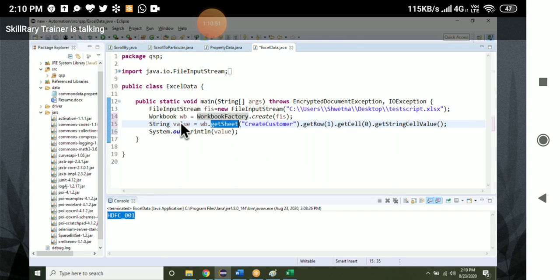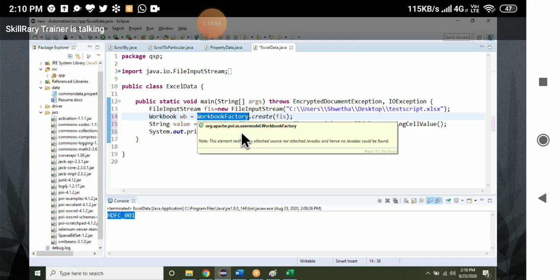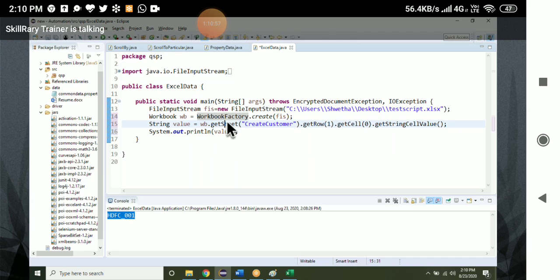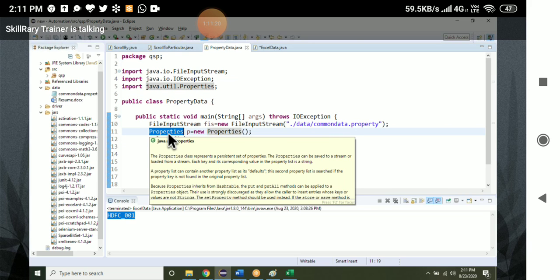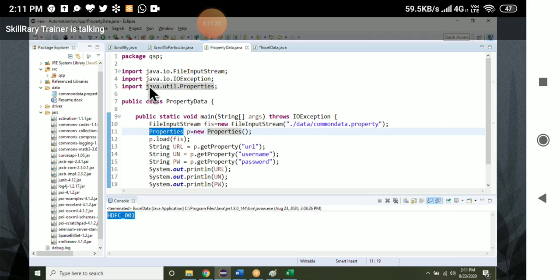The WorkbookFactory class, and the getSheet, getRow, getCell methods, all these methods are present inside this library. Whereas previously, for the getProperty method and the properties class, it is already present in the Java libraries, in the java.util package. This package is present in the JDK libraries.